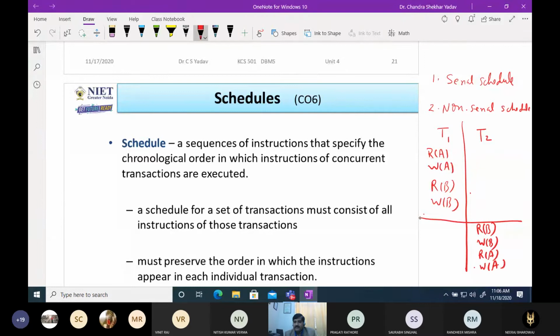This is an example of a serial schedule. Interleaving is not allowed in this schedule. The order is this: first T1 finishes, then we start T2.